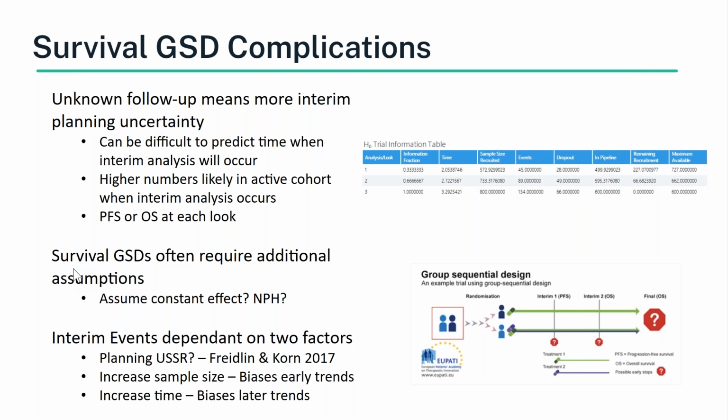If you're planning to perform unblinded sample size re-estimation, that also needs to be planned and accounted for. Friedlin and Korn point out that events may be increased in two ways. You can either increase the sample size or you can increase the study length. But they point out that the choice between these strategies could be biased, since the treatment seems more effective early